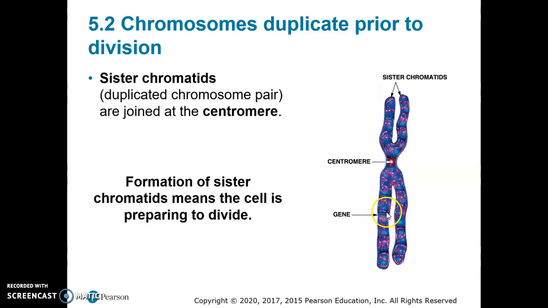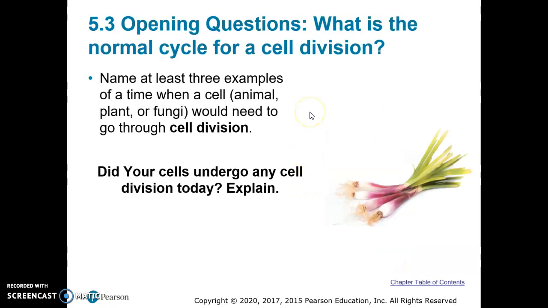And that gene right there is identical to this one here. So if this is the gene for, let's say, brown eyes, then on the sister chromatid is the same gene for brown eyes. They are identical to each other. Okay, so